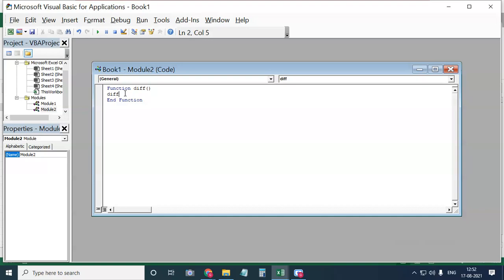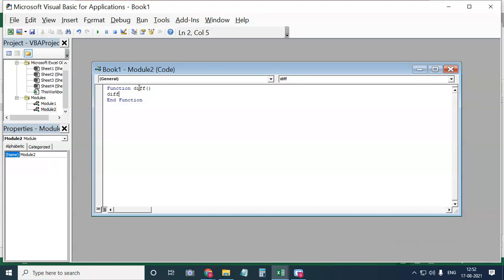Whenever you are writing the body of the function, you have to write in that what you are going to perform. Now as I said, I want to perform the difference between two numbers, 50 and 40. So that I have to write in my body section. In the body section, you have to write what you are going to perform. Okay, in the third line, what is there now? Function name is equal to result.